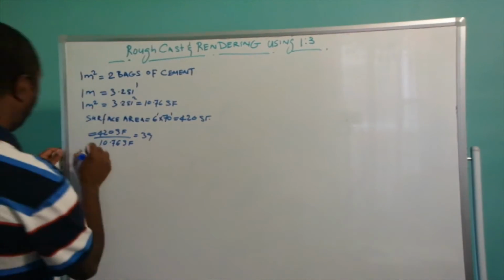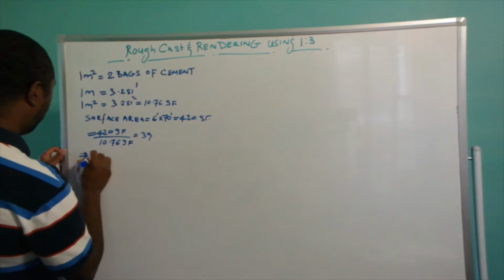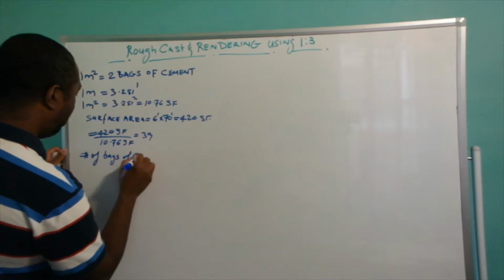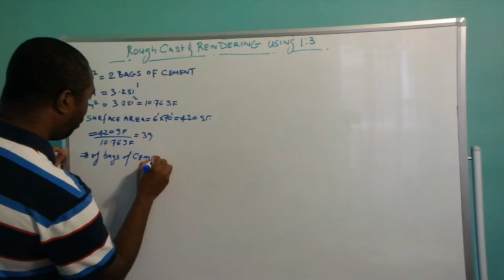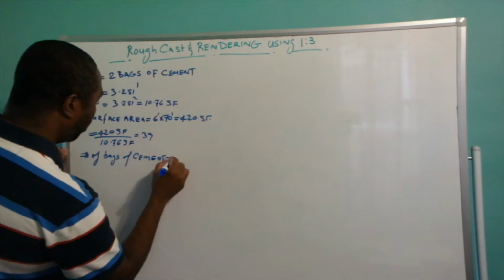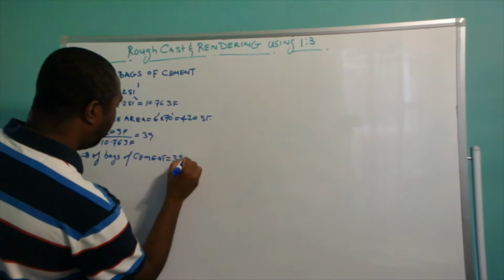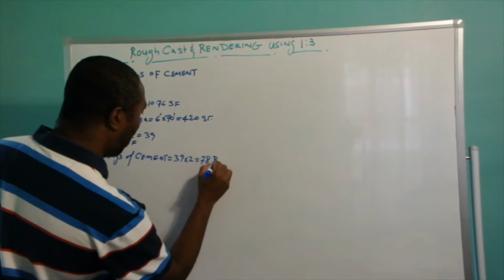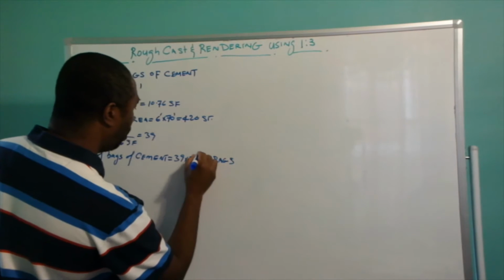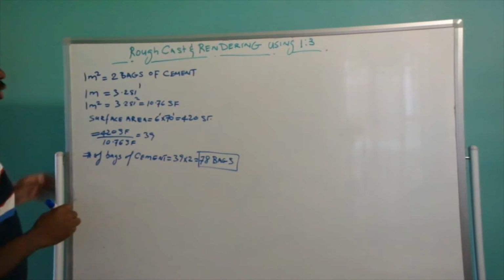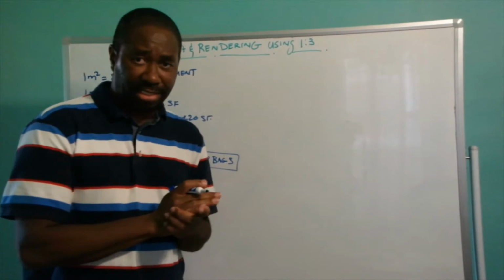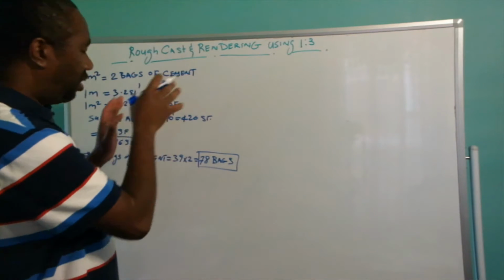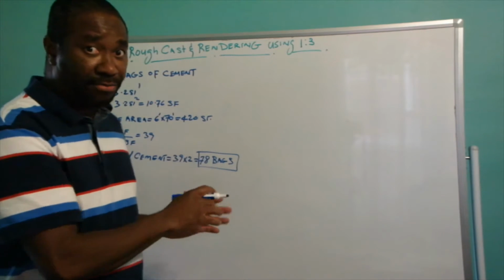So to obtain the number of bags of cement, it is going to be 39 times 2, which is 78 bags. So to do the rough cast for this wall, it is going to take 78 bags of cement for only